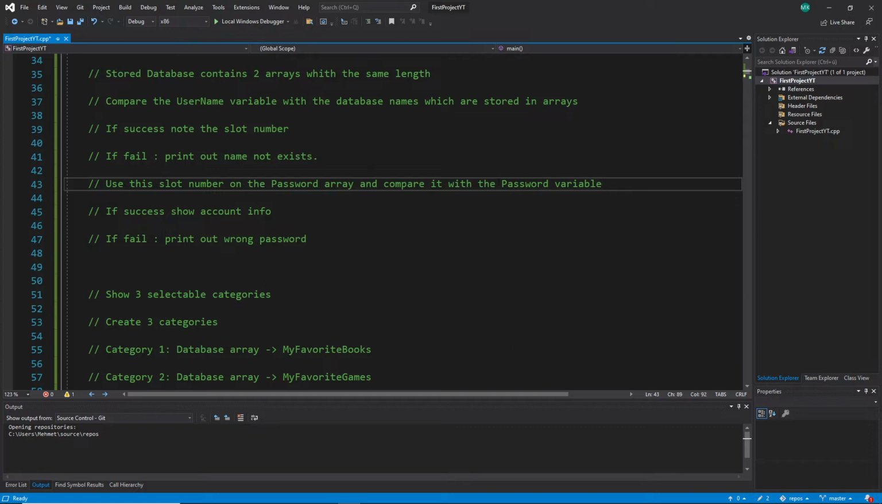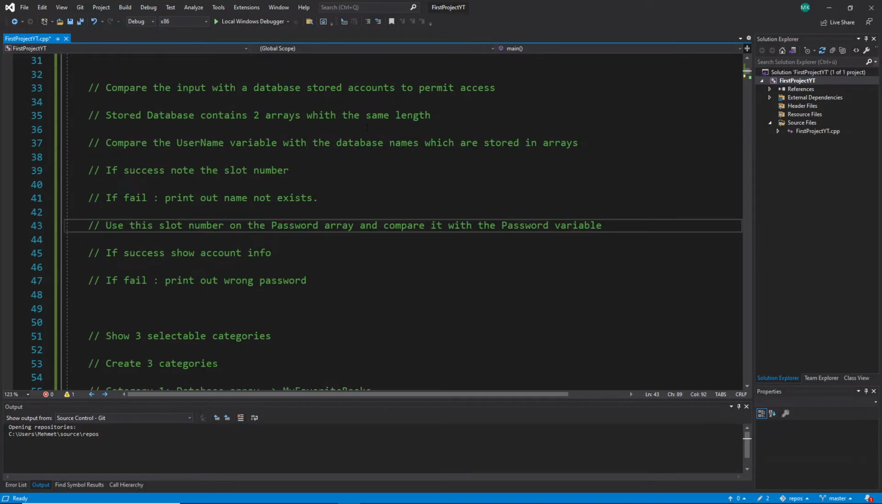So this one means I just use the slot number, like it says here, in the password array. Because I said, and that's why it's very important, that these arrays must be the same length in this case. So I can use this slot number, because then I know the found name. For example, if I have here, let's say